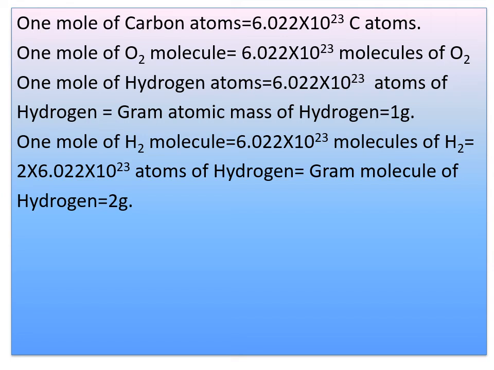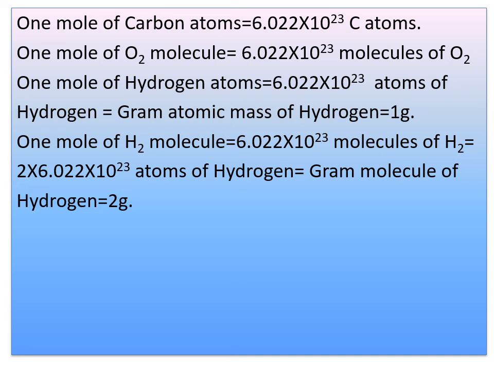Similarly, 1 mole of H2 molecule is equal to Avogadro number of molecules of hydrogen, that is H2. So Avogadro number means here 6.022 into 10 power 23 molecules of H2. Here H2 has 2 atoms of hydrogen. So I have to write 2 into 6.022 into 10 power 23 atoms of hydrogen, because each molecule of H2 contains 2 atoms of hydrogen. Remember that. Next, that is equal to gram molecule of hydrogen. The answer will be 2 g.